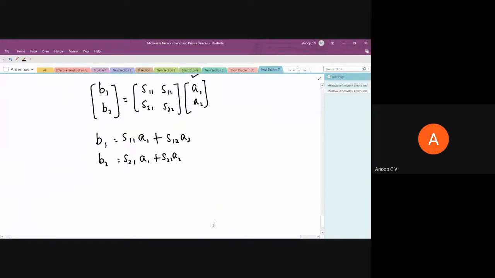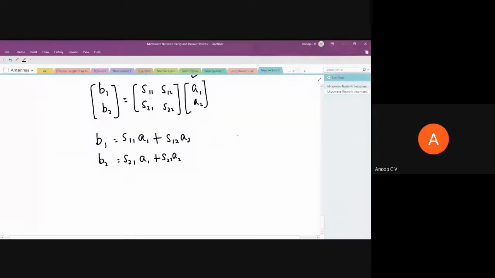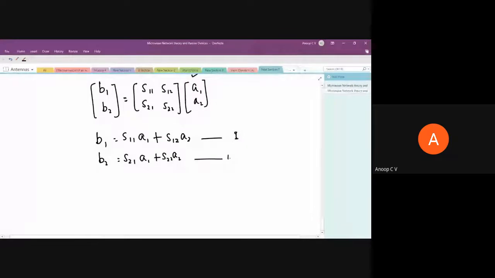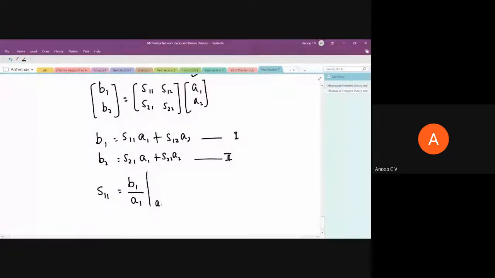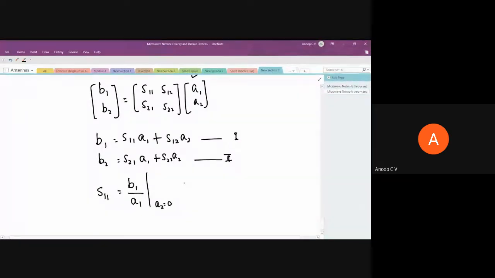From this equation, I'll call it equation number 1 and this is equation number 2. You are already familiar with this. From this equation, what will be S11? Number 1, S11 will be B1 by A1 when A2 is equal to 0, which means it is a ratio of B1 by A1 when